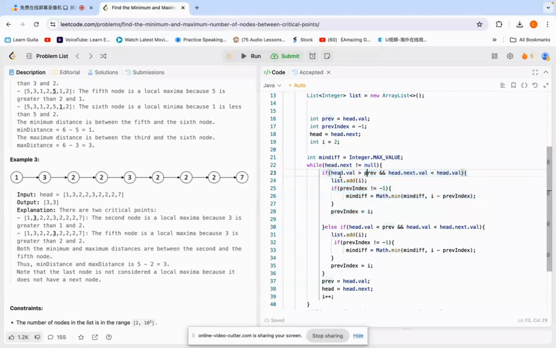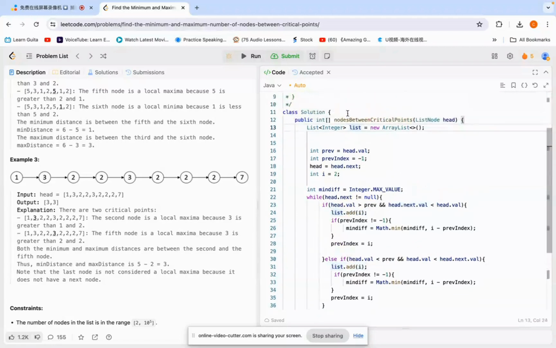We need to check if the current value is greater than the previous value, and also check the next value, whether the current value is greater than both. Then we need to add an index to the list. So why do I use the array list here? Because we need to store